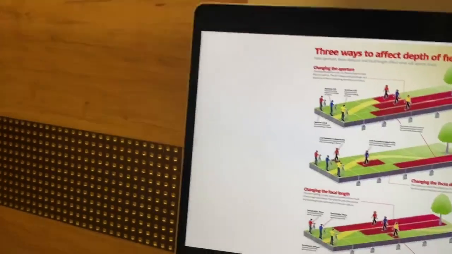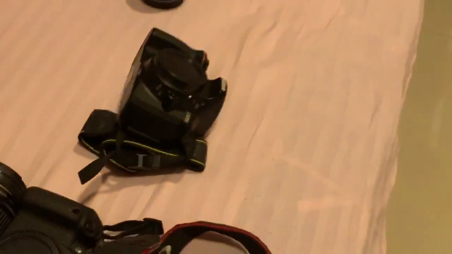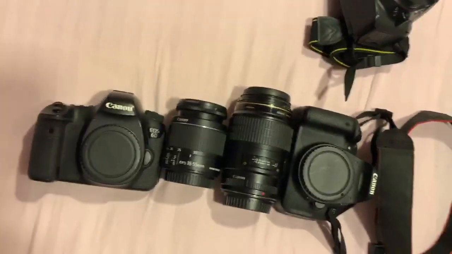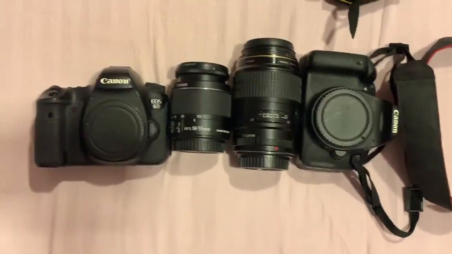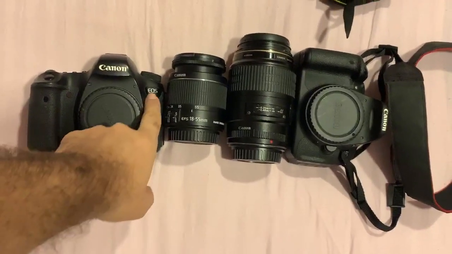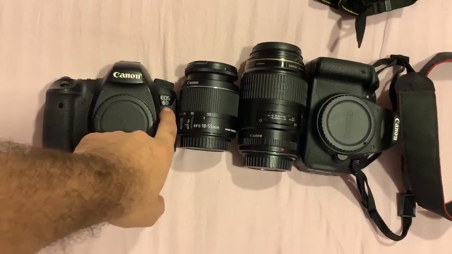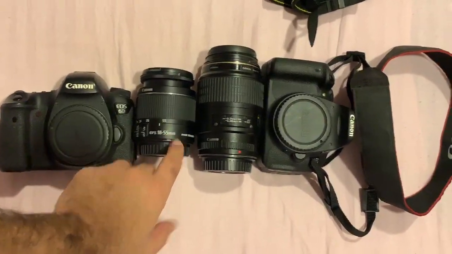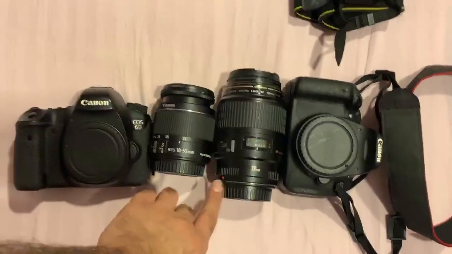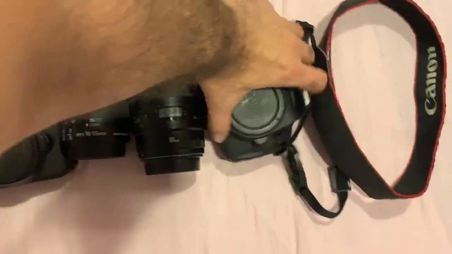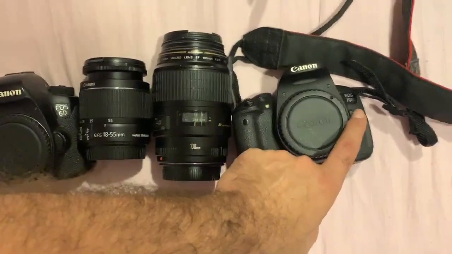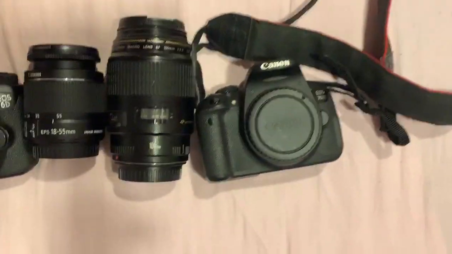Okay. So in front of you, you have all the equipment over here. You have to tell me what equipment I have to use for my demonstration today. So what do we have over here? We have a full frame camera like the Canon 6D. We have the EFS 18-55 lens. We have the EF 100mm macro lens, and we have the Canon 700D, which is a crop sensor DSLR, which is an EFS camera. This we'll not consider right now.